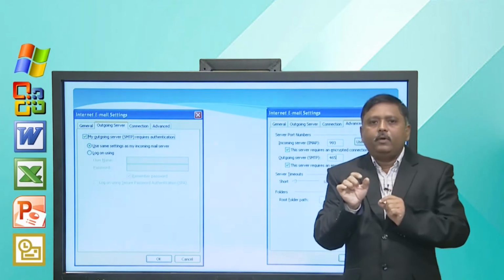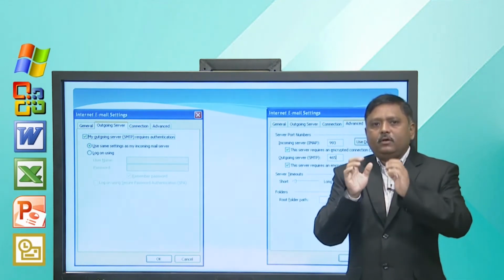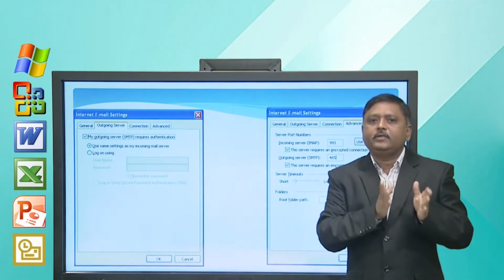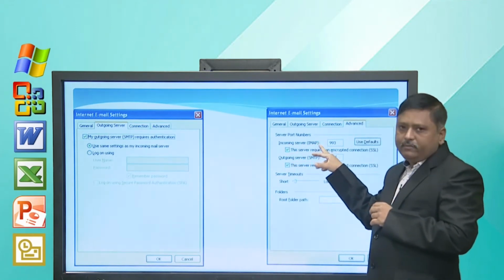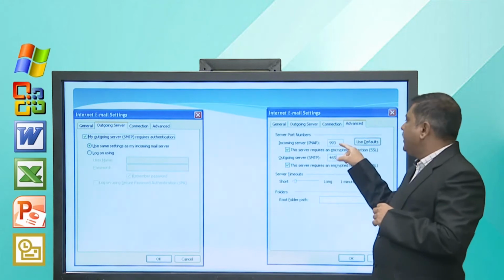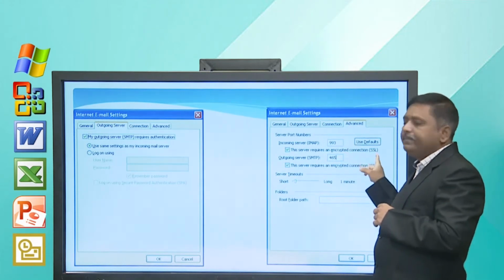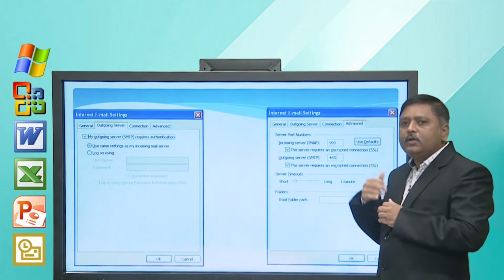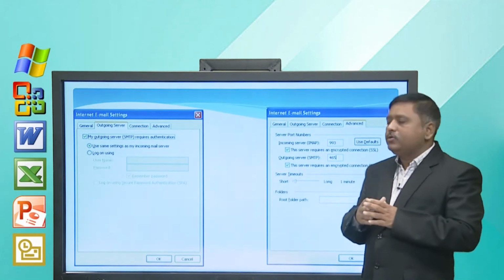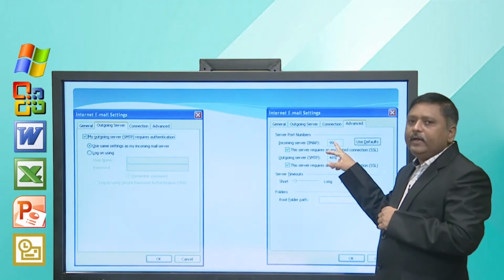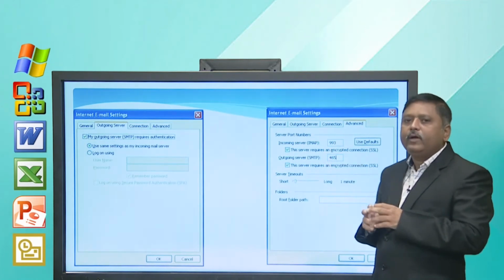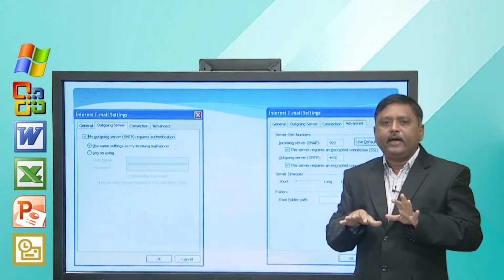The port number is used specifically for different services. Here for the IMAP server the port number is 993 with the SSL protocol, secure socket layer protocol. So, if I tick this, it automatically changes to 993, but you can also manually type that port number.